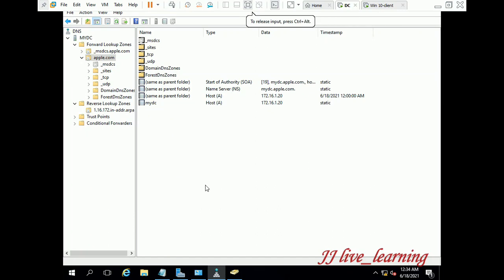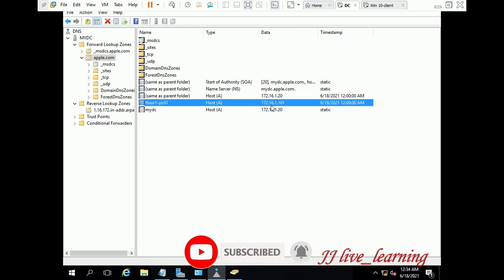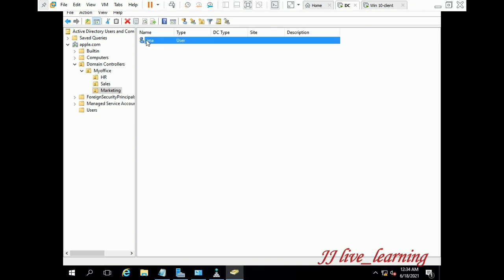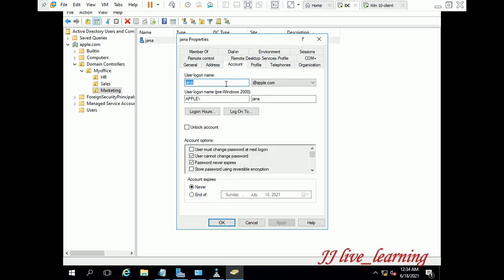Now come to the DNS on your server. Now your client entry will be updated on your server. You can see here, automatically it is updated. In your network structure, how many users and how many systems are connected, all the system entries will be updated here. Now we are going to see another important concept. The final concept is logon credentials.